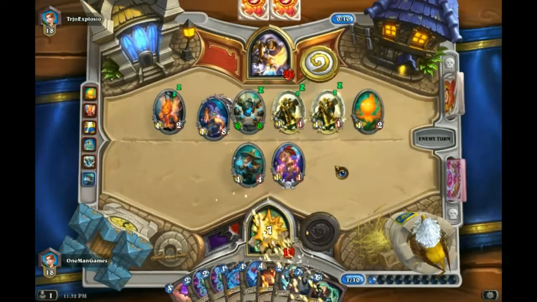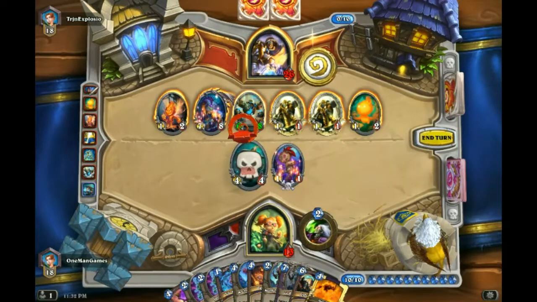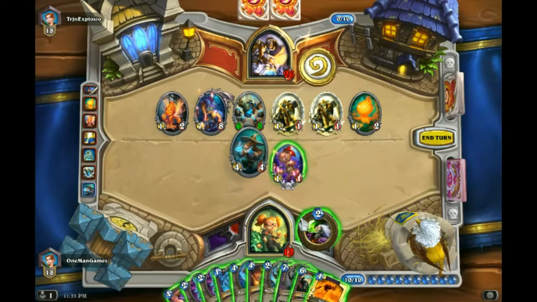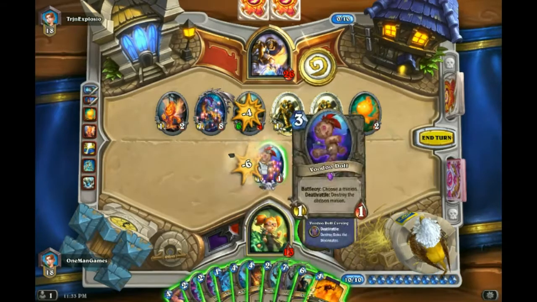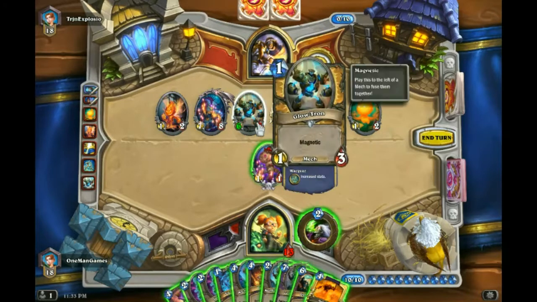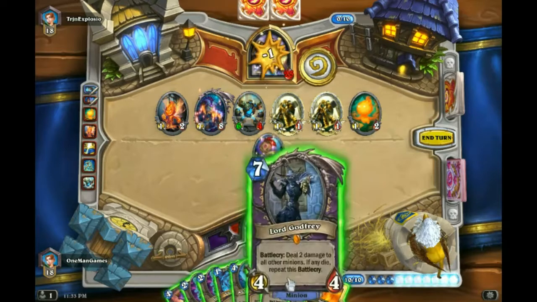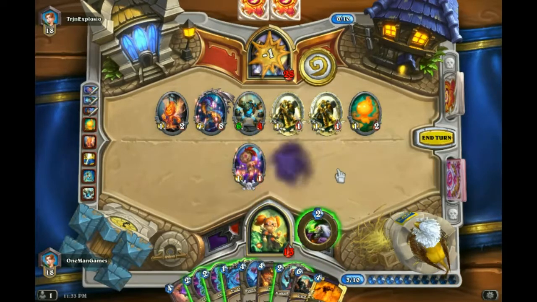Actually, come to think of it, we don't have to Siphon Soul. We just have to play Lord Godfrey here. So we'll kill this on our first turn, second we'll kill this, we'll definitely kill Baku and then we'll kill this. So it's pretty good. We'll play Lord Godfrey. This will be a massive